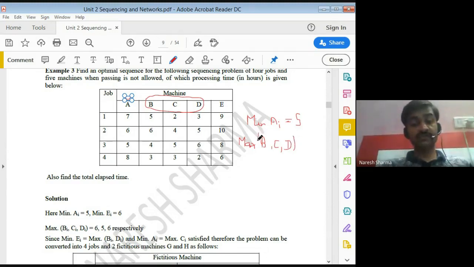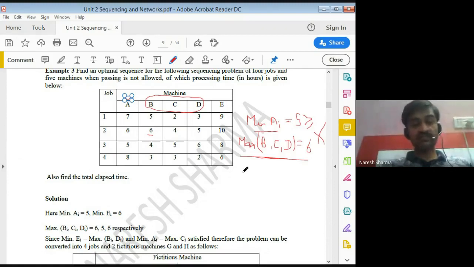If you see here, the maximum value is 6. So at this stage you check whether the minimum of this is greater than or equal to the maximum of the machines except first and last. In this case the minimum is 5, which is greater than or equal to 6. Is it so or not? It is not, so this condition is not satisfied. So the first condition is not satisfied here.